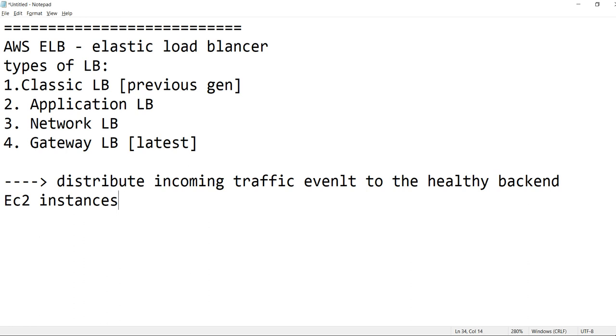You first need to understand these main key terms: incoming traffic, evenly, and healthy backends. Three important points we need to understand.